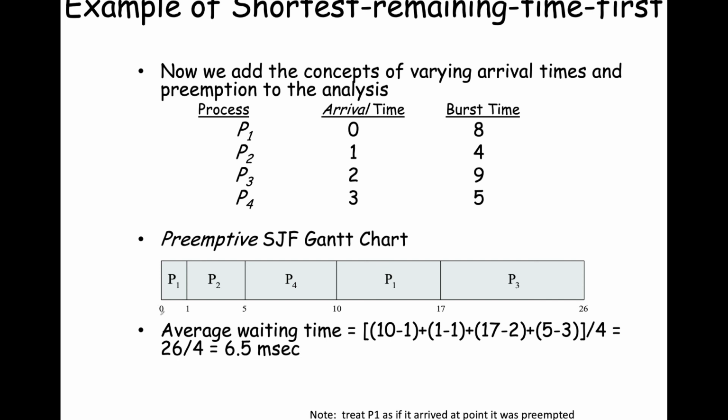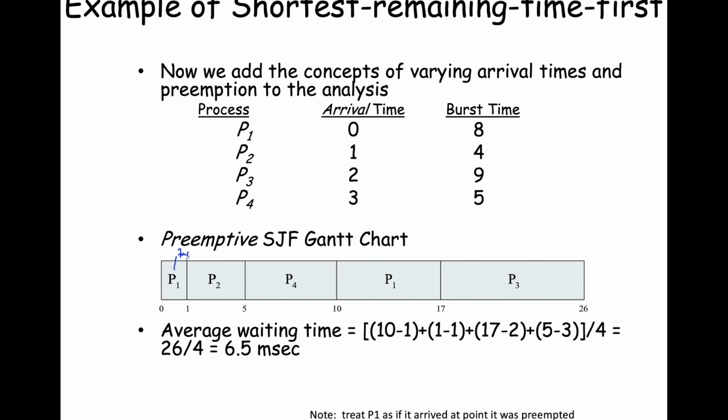There's no other process there, so it runs. It has the shortest burst time. The shortest amount of time left is 8, because it's the only one there. So after 1 millisecond, process 2 arrives. Now, when process 2 arrives, process 1 has run for 1 millisecond, so process 1 at this point has 7